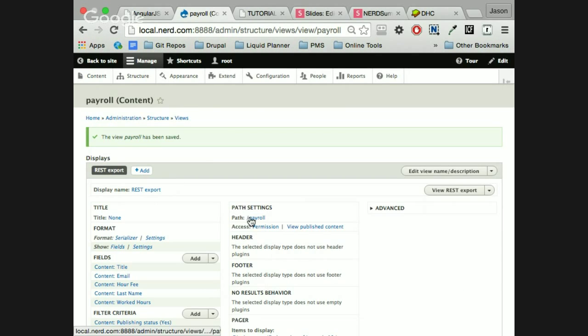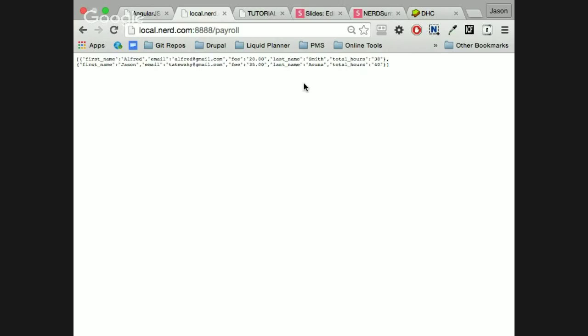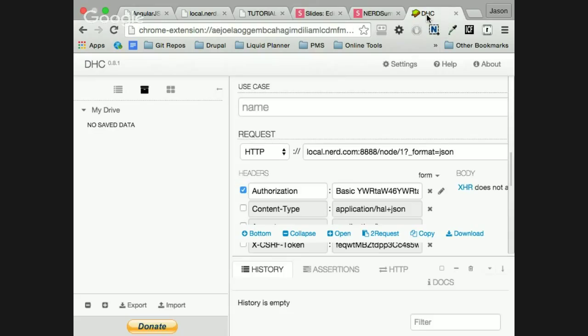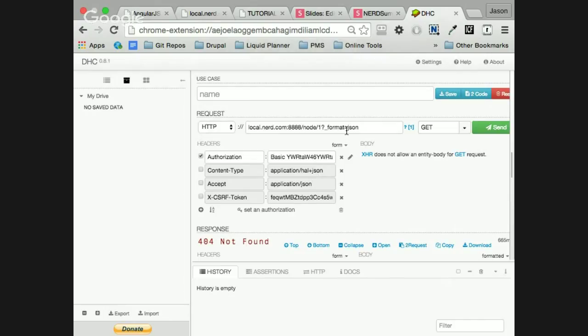Now we have this view. We have a URL, and since this is not actually through the REST service by itself, but through a view, we can see it just by going to that URL and see that the JSON is provided there. Now, I use an add-on for testing web apps, or for testing JSON REST services, on Chrome that gives us a platform where we can test.